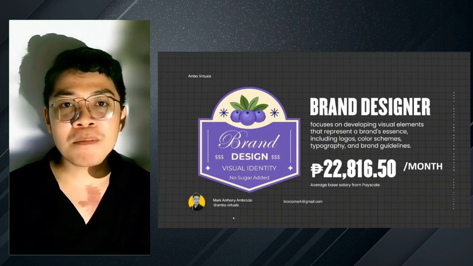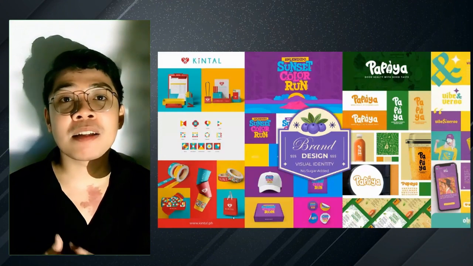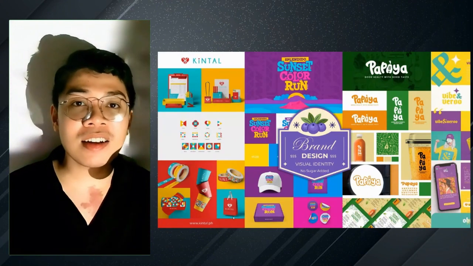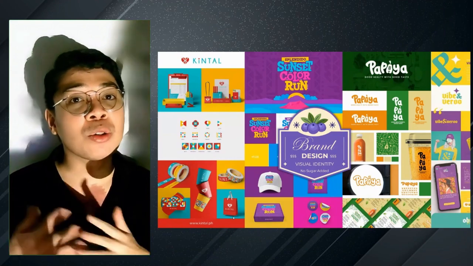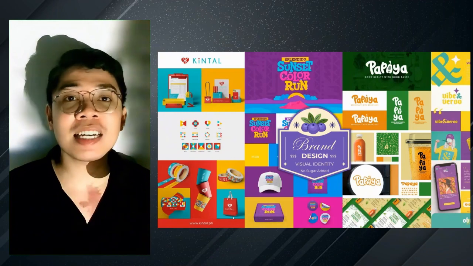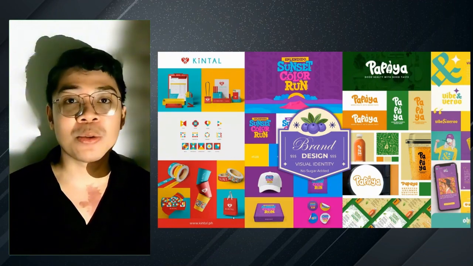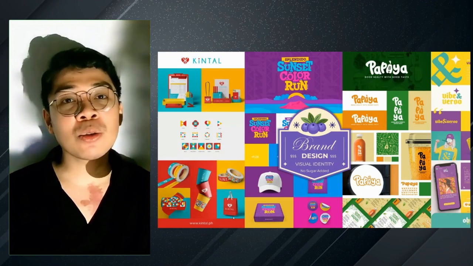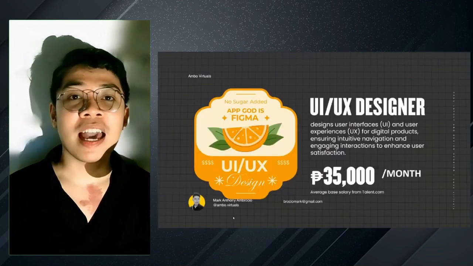An example of brand designing is something like this. They provide a brand kit, colors, how to apply their logos, how their logos will look in print materials, and how their brand identity will look in the mobile application that one is using. That brings us to the next type of graphic designer that I will be discussing,